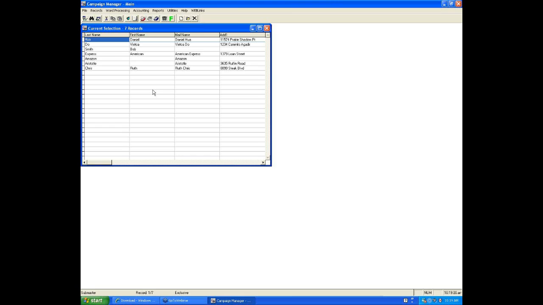Now, to do a receipt transactions list or disbursement transaction list report, you always have to have a current selection up. So before you can even do any of those reports, you want to make sure you pull the correct current selection. All right. So now that we have our current selection up,